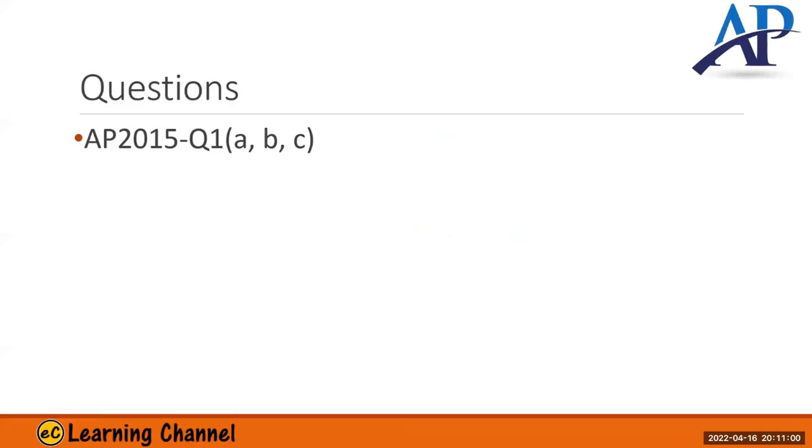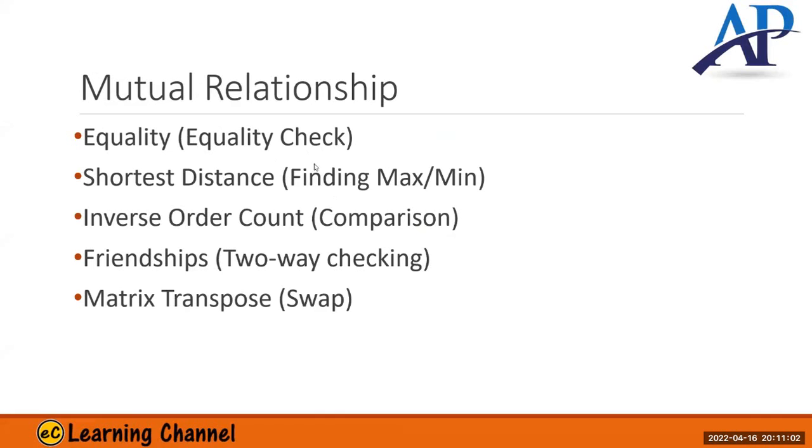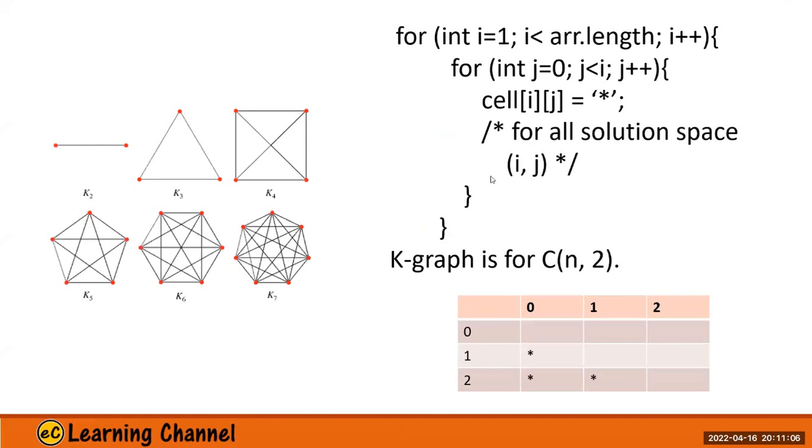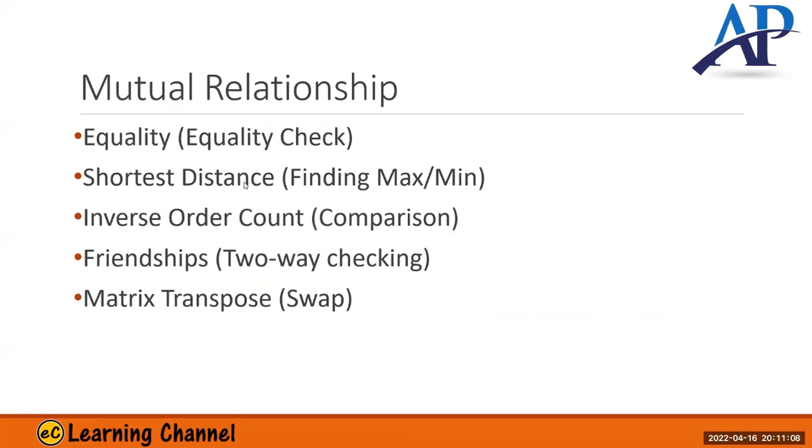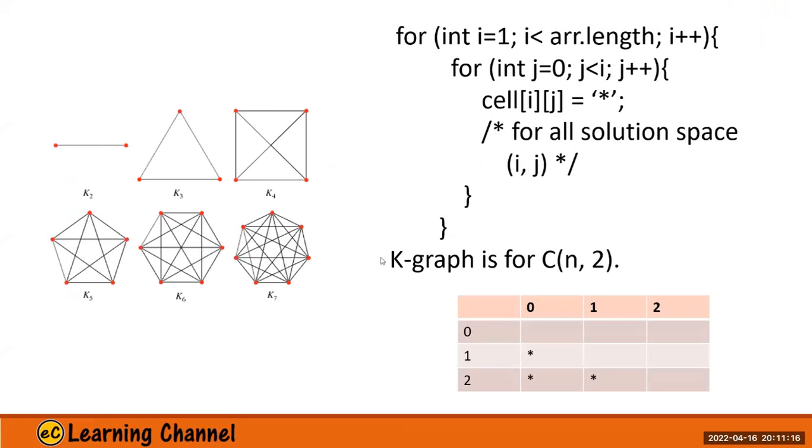K-map is actually an upper triangle and lower triangle. This one is used for equality checking or generating pairs, or shortest distance, or reverse orders, or a friendship matrix. This one we call K-map, and it happens many times. So let's assume that we have a problem where you're given